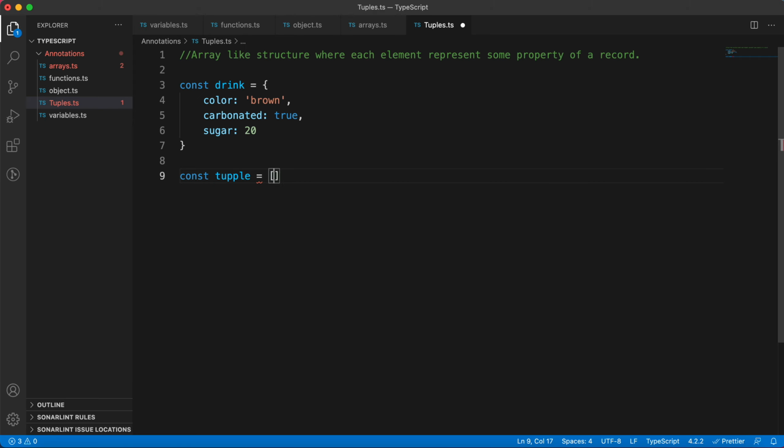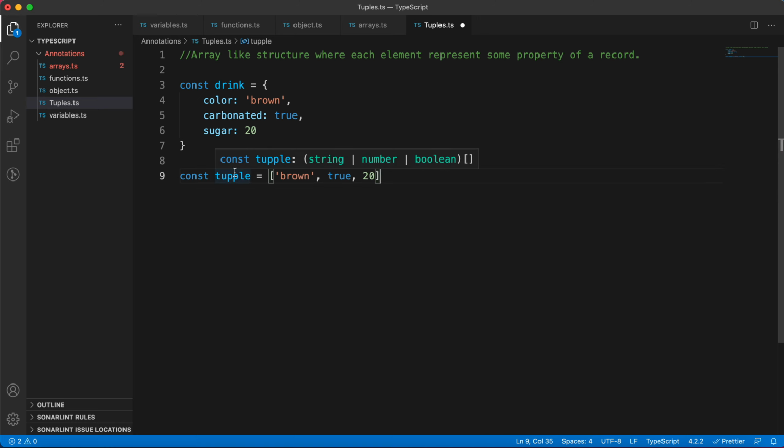Basically it is an array-like structure, and in this I am defining all the properties. So brown, true, and 20. So I have represented this object in a tuple form.